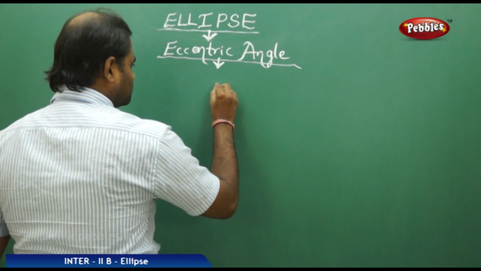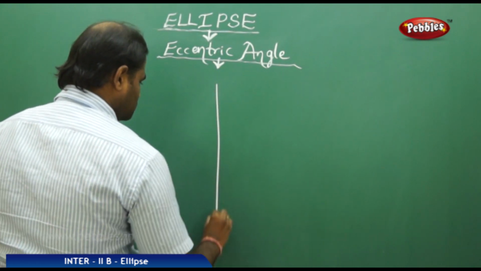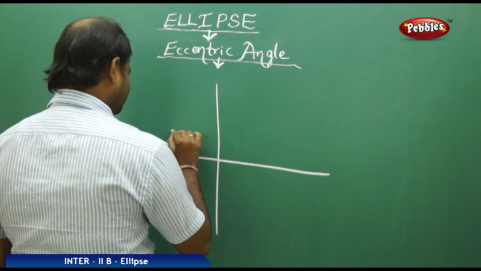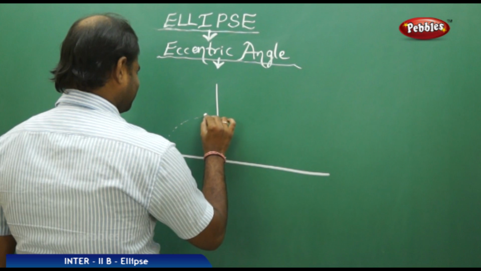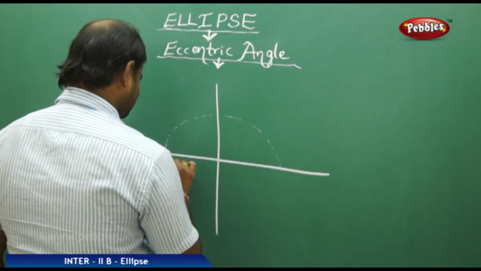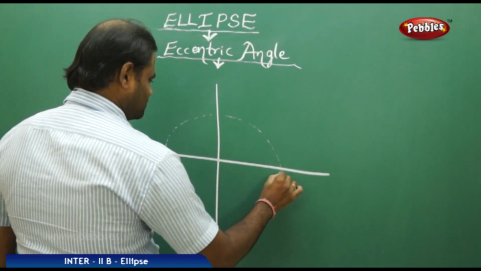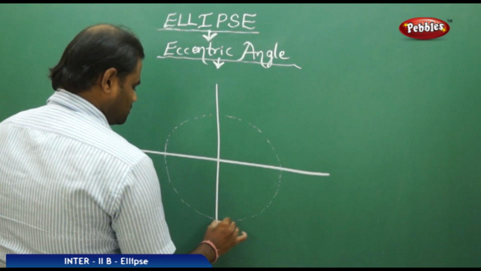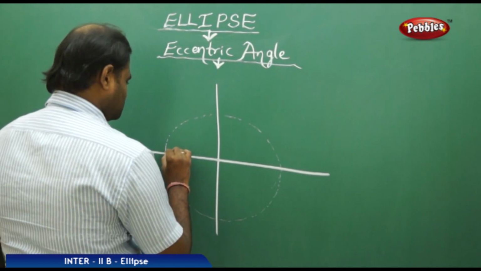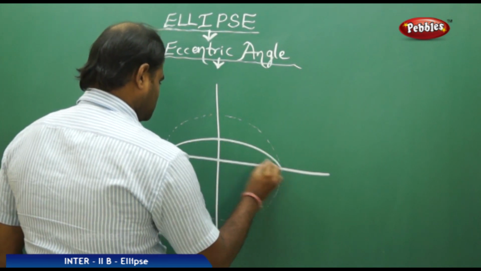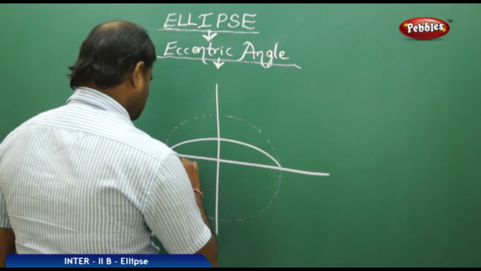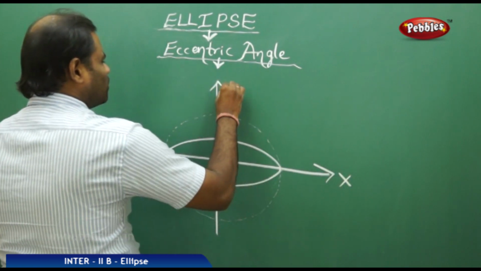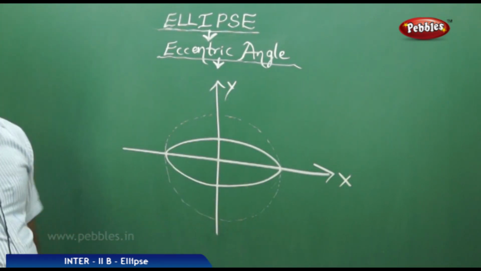As we have discussed, the auxiliary circle is for the ellipse